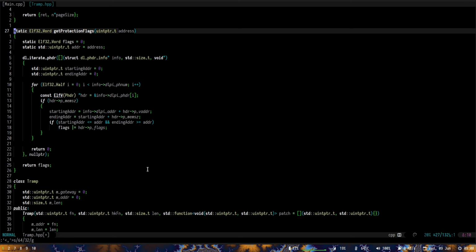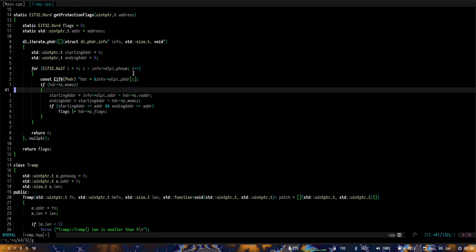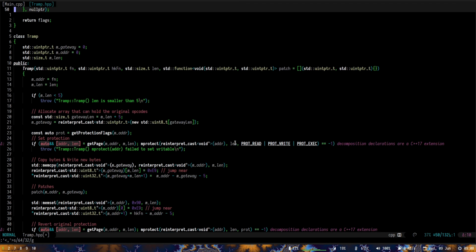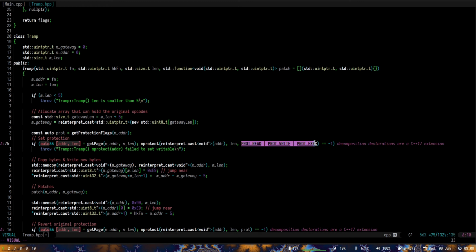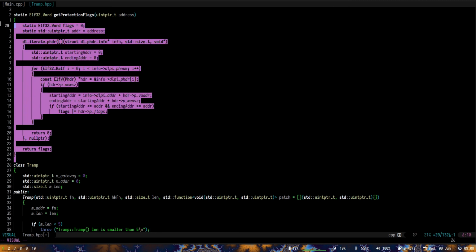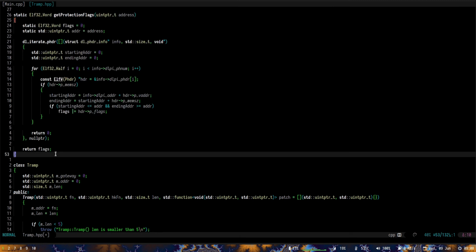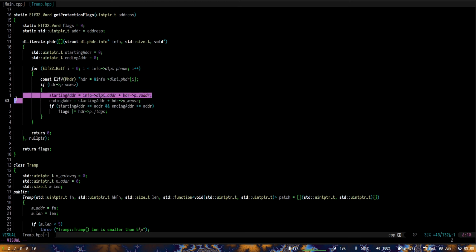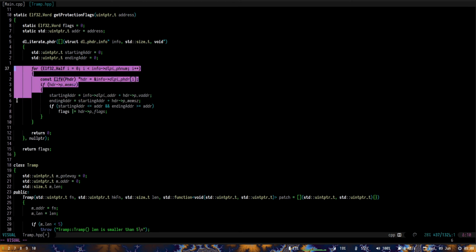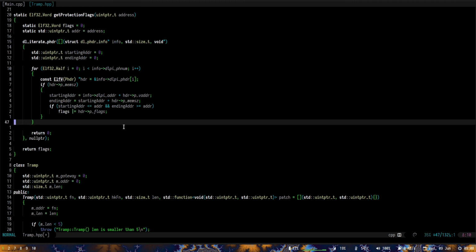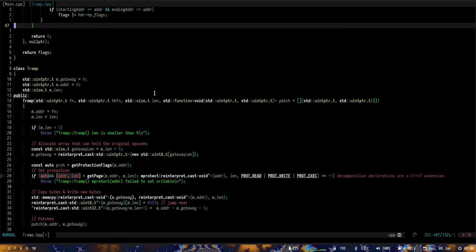It doesn't really matter anyway, but basically you take an address and it gives you the protection flags that are in this address. This is just to make things a little bit cleaner, because while we can set a protection address, when we are finished, we'd like to set back the original flags correctly, and this is a way to get them before we modify them. This is not important, but maybe in the future some anti-cheat will be checking if the memory protection flags have been modified. It could be that some anti-cheat might do this in the future. Anyway,